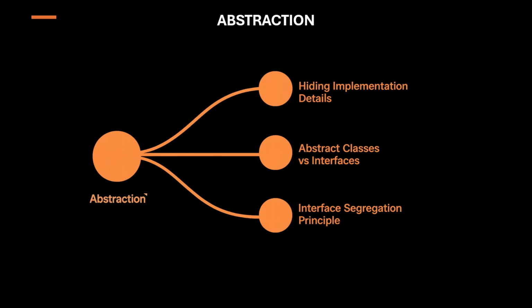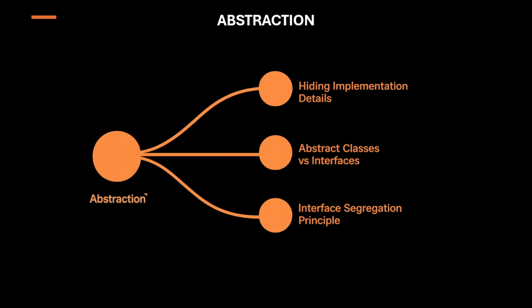To begin with, let's see a high-level map of what we will explore under the topic of abstraction. Let's break it down. First, we will talk about how abstraction helps in hiding implementation details. This is what allows you to interact with an object or a system without having to worry about its inner complexities. Next, we will discuss the difference between abstract class and interfaces. These are two powerful tools in C Sharp, and understanding when to use what is crucial for designing robust and